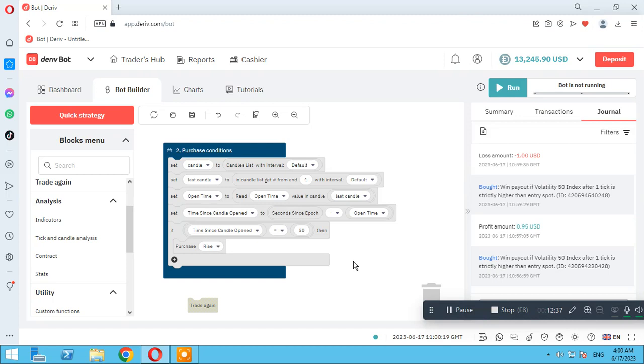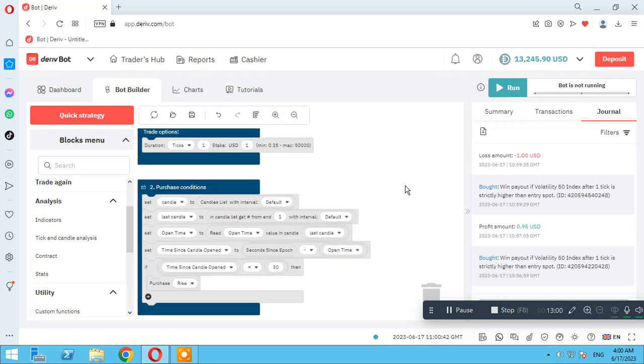It's better to use, for example, 2 or 3 seconds here instead of a certain number in these candles. So there is another thing here. Some people ask me on Telegram,